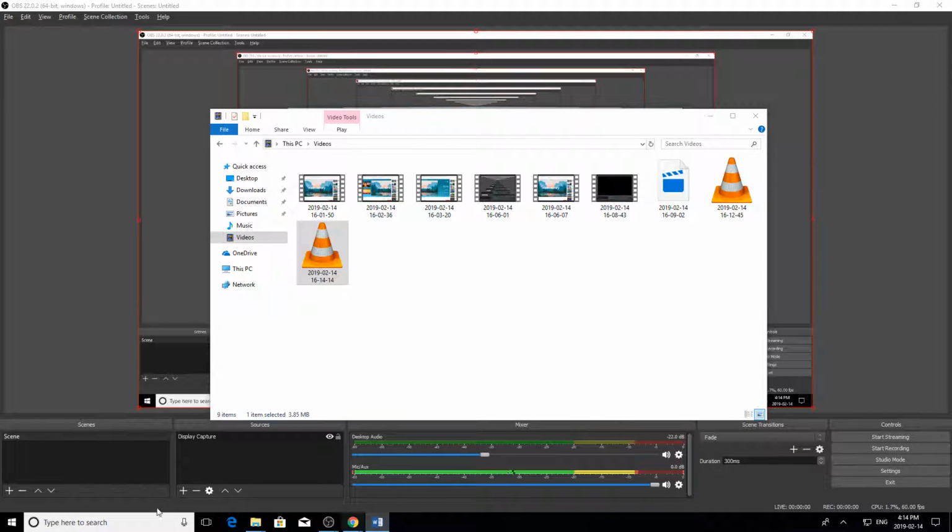But there's a good chance that we want to be able to change the levels or clean up noise from our mic after the fact. But the way we've got it set up right now won't allow us to do that because both of our audio sources are mixed into a single stereo track. We can set up OBS to record from different tracks by going into Settings down in the bottom right corner,